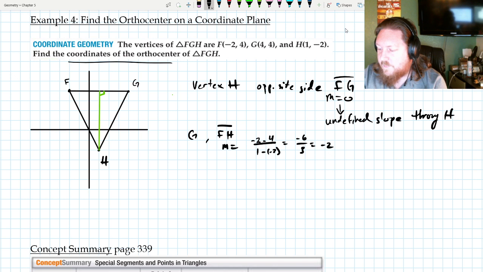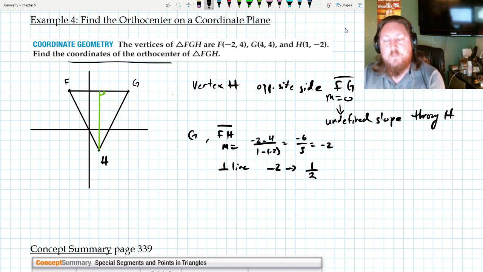So that's negative 2, my slope, which means for the perpendicular line, I have to take the opposite reciprocal of that slope and change it to positive 1/2. Once I have the slope of positive 1/2, so slope 1/2 through